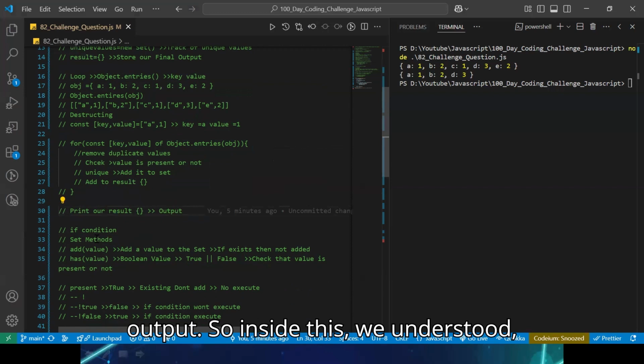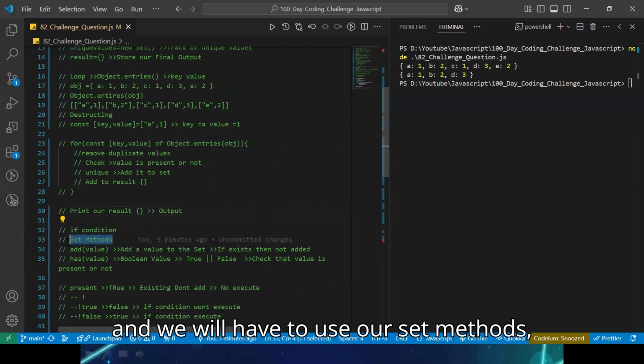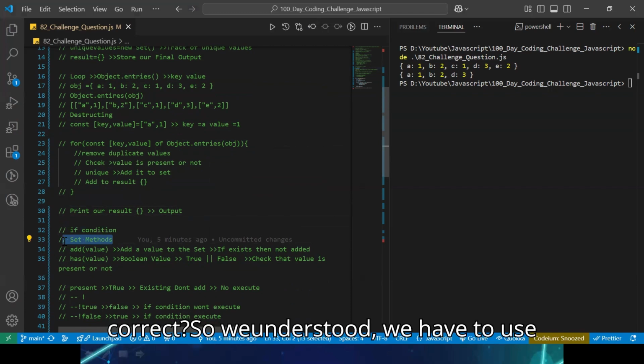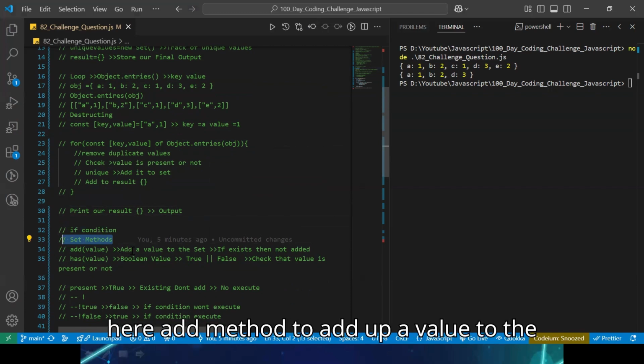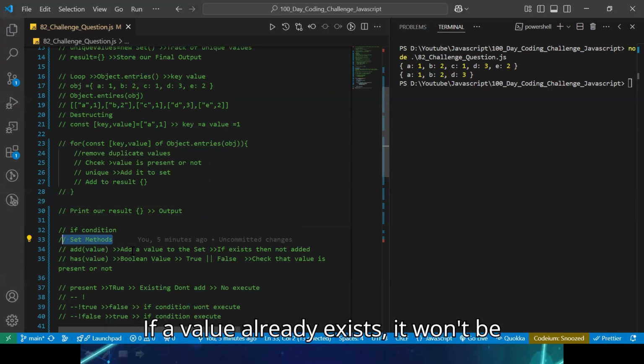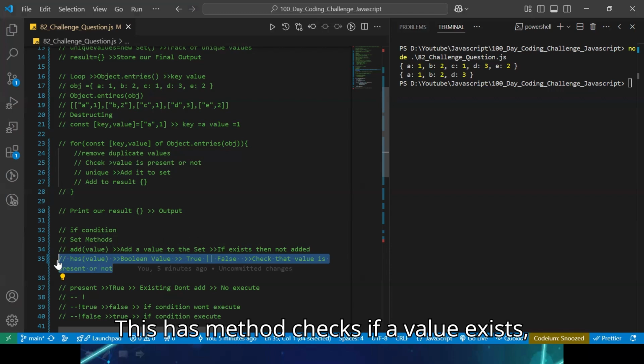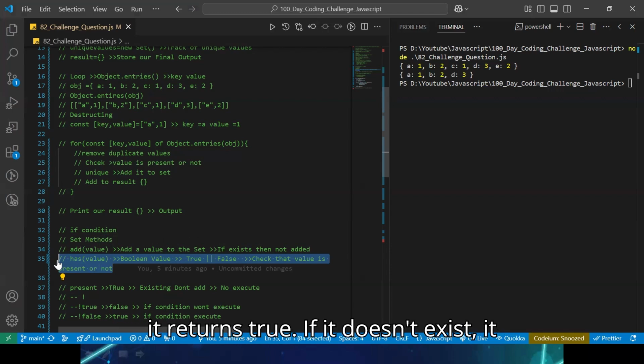So inside this, we understood that we have to use an if condition and we will have to use our set methods, correct? We understood we have to use the add method to add a value to the set. If a value already exists, it won't be added again, okay? Now, what is the has method going to do? The has method checks if a value exists; if it does, it returns true.